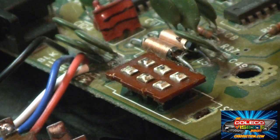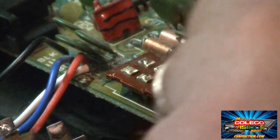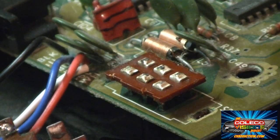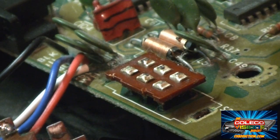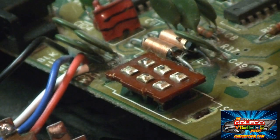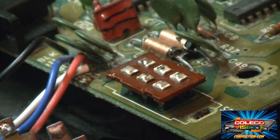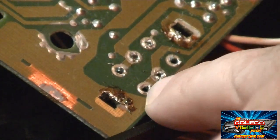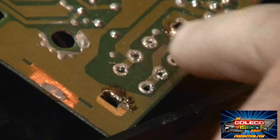That one's really nasty. What that'll do is cause a voltage drop across this switch, which starves your video circuits, causes all those graphical artifacts and everything. So now let's go ahead and get this piece removed from the circuit board, and then we'll begin to install the new rocker switch. Now we've got the old switch removed, got the holes all cleaned out here, ready to